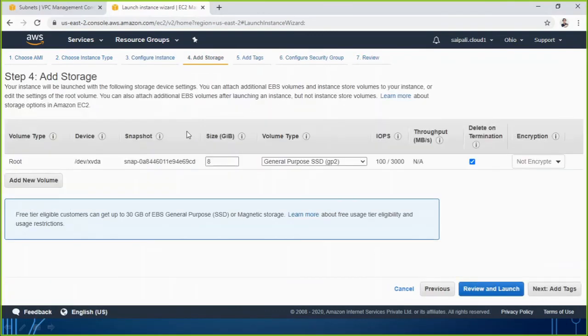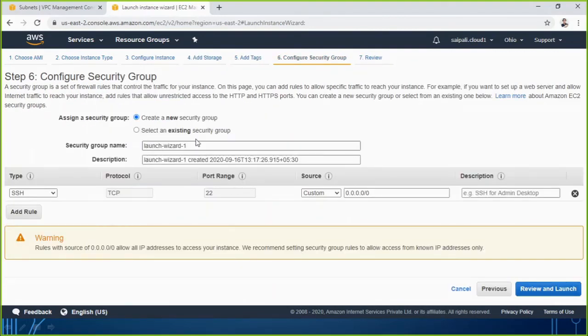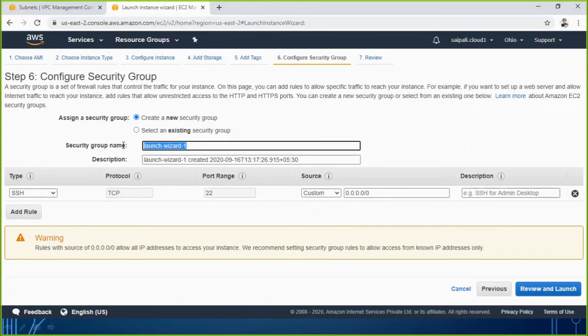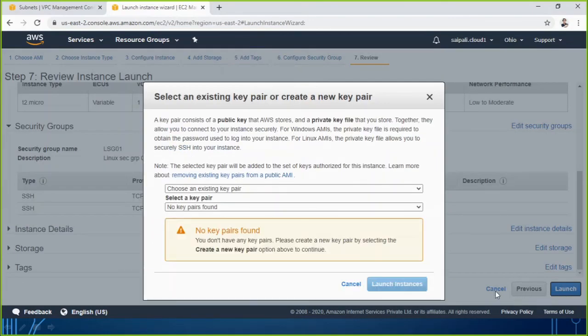Just click on add storage, maybe add tag, configure security group. If you have any existing security group use it; if I don't have one, I will create a Linux security group 01, where SSH is allowed from anywhere. Review and launch.